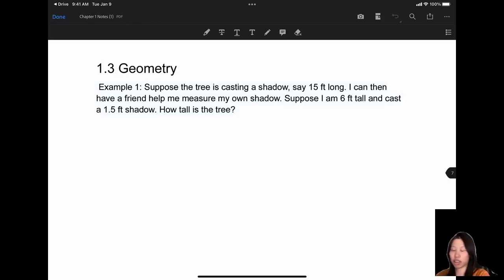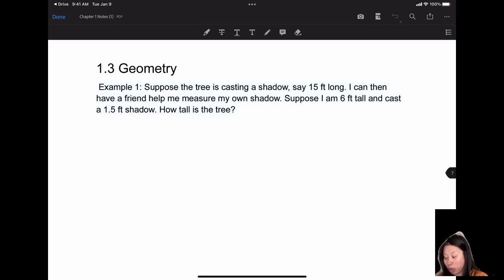Hello, so in this section, I'm going to talk about geometric problems related to our proportion or ratio problem. These are really useful application problems. So take a look. Suppose the tree is casting a shadow, say it's 15 feet long, and I then have